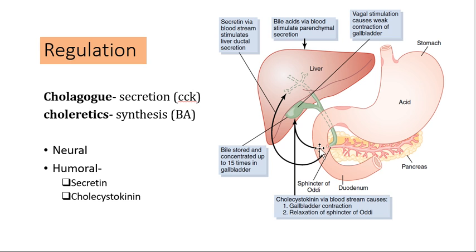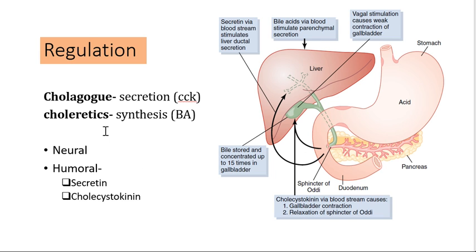So this cholecystokinin stimulates gallbladder contraction, so that's why we are talking about increased secretion. It's a cholagogue substance, so it stimulates the gallbladder and secretion will be increased. It relaxes the sphincter of Oddi, so secretion is poured into the intestine, and along with that it also stimulates pancreatic enzymatic secretion, so that fat and protein digestion can occur and the acidic chyme can be neutralized by alkaline bile and alkaline pancreatic secretion.